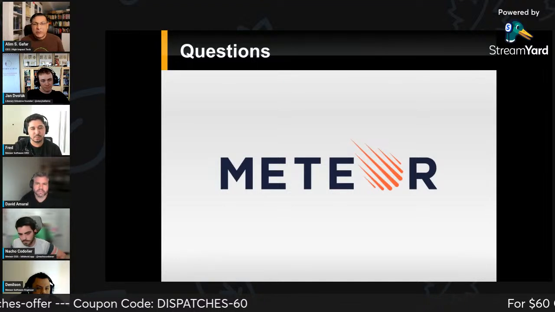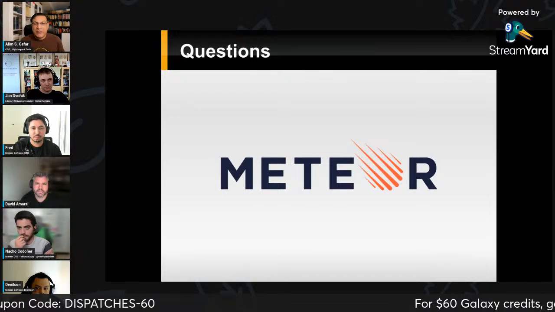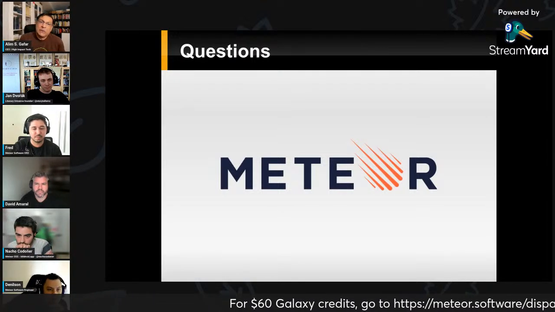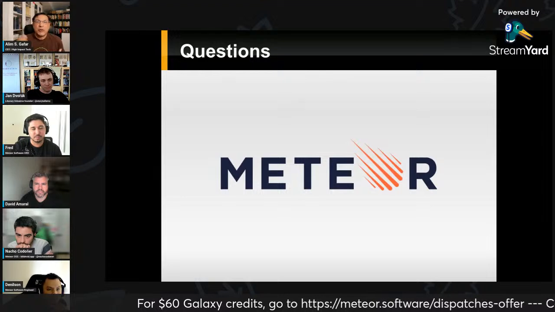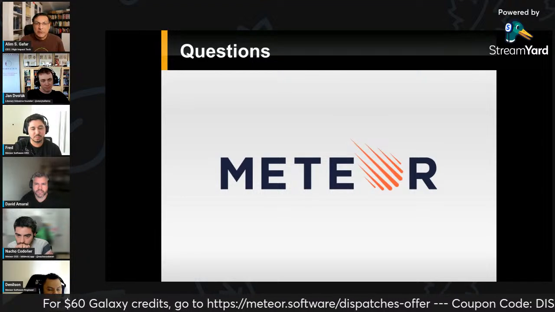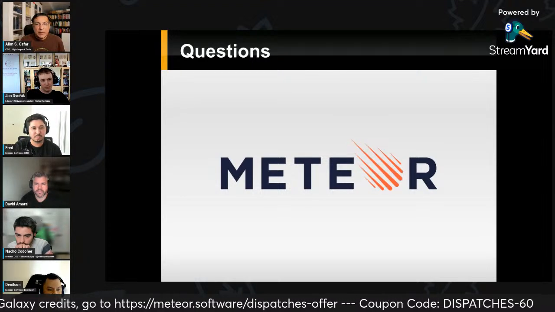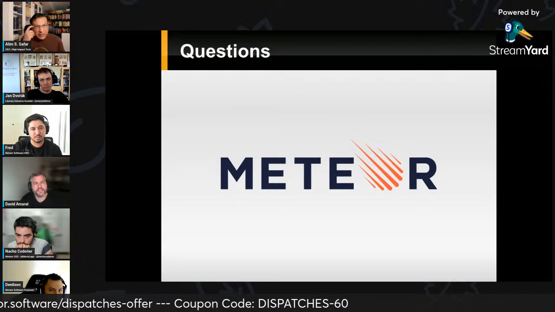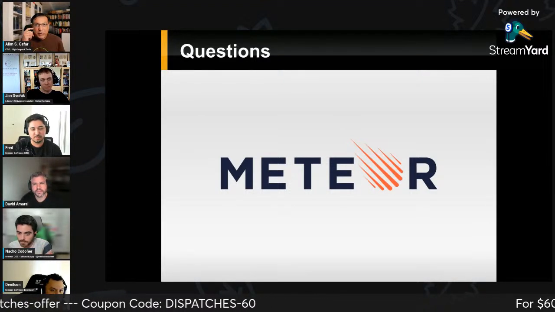MongoDB can make changes to the oplog, and they can have an impact on how Meteor operates. And we would just have to deal with it. But the contract is in the change stream. So I know that there have been some experiments with the change stream in the past. Do you guys have that on the roadmap?